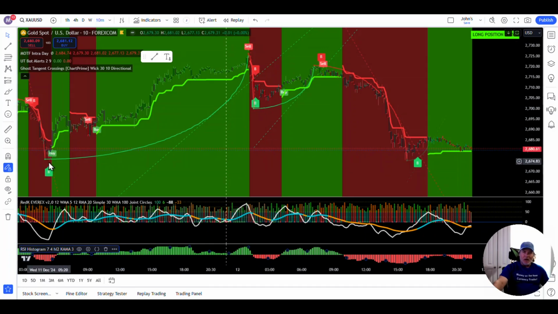So this one told you it was a buy. Since over here, even though we had a pullback, it still said buy. This said buy. There was no reason to get out of the trade there. Now you could have exited and got back in. It didn't really make a difference. It's all a personal preference, but it went all the way up, and you can see this line curved all